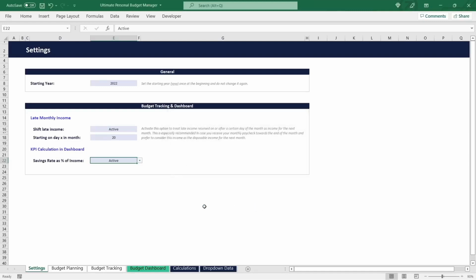Assuming we have a certain amount of disposable income at the beginning of a period, then calculating the savings rate as the percentage of disposable income that is actually allocated to savings would make the savings rate start at 0% at the beginning of the period and then gradually increase towards its final state at the end of the period. While when calculating the savings rate as the percentage of disposable income that has not been allocated to expenses so far, this is switched around,